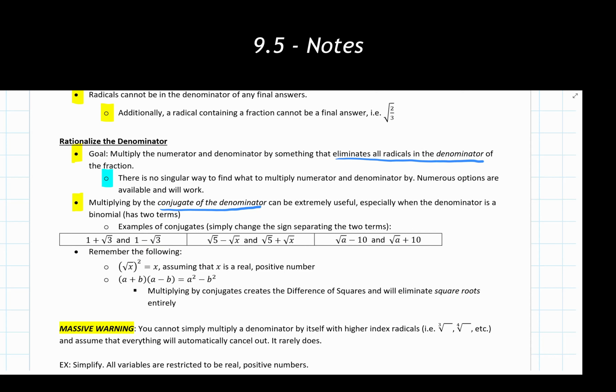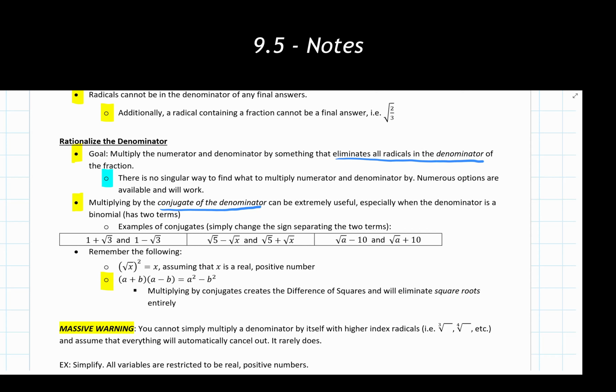Now the reason we are going to use the conjugate with this actually stems from when we did our factoring back in, I believe it was, 7.4, and we had the scenario showing up right here, where if I multiply by the conjugate of something, then the result is always going to be the first thing squared minus the second thing squared. We didn't really care that it's a subtraction problem here in the middle. What we do care about is the fact that the square roots would be eliminated.